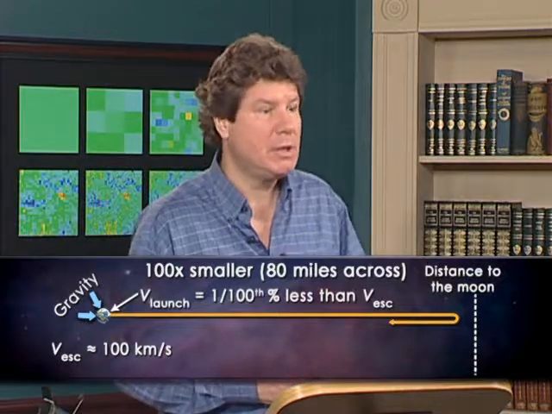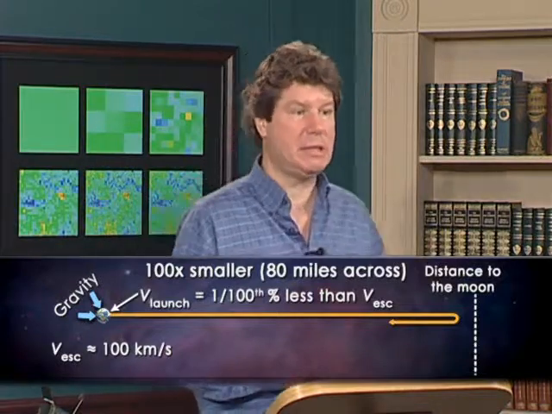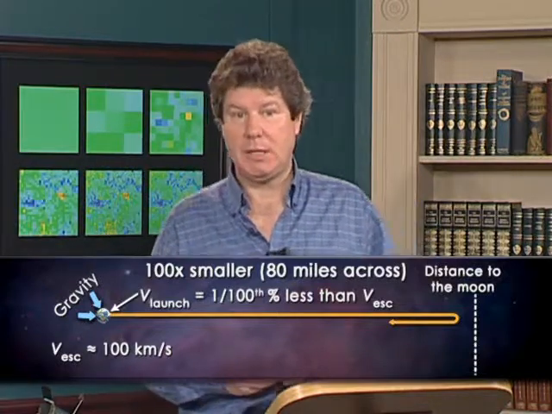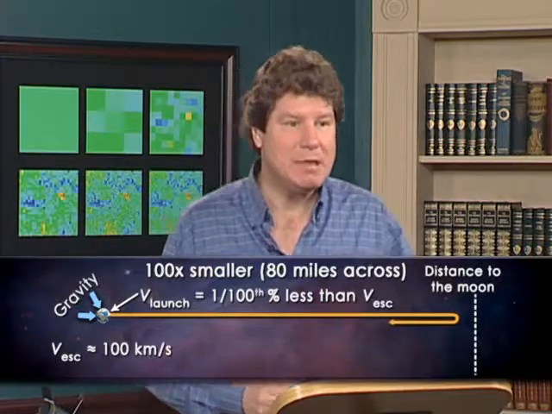The answer is 0.01% below the escape speed. That's less by just 10 meters per second. If we'd launched it at 1% below the escape speed, the rock would have only gone up 2,000 miles before falling back down. Let's just push this more extreme to when the universe was 100 millionth of its current size,